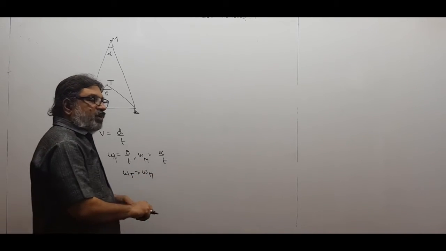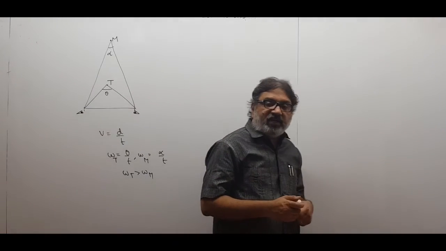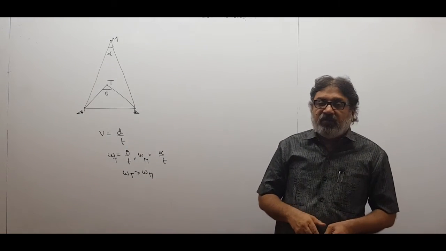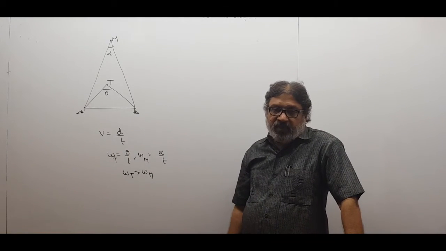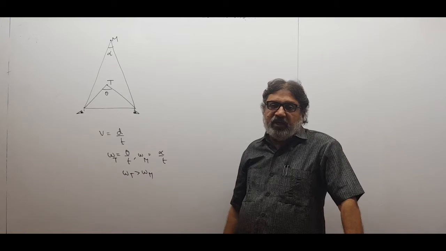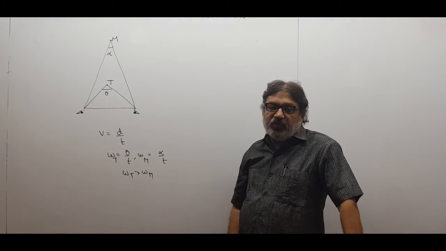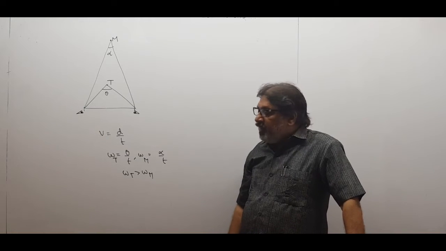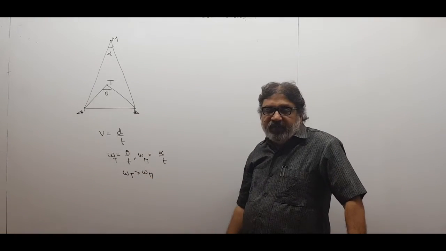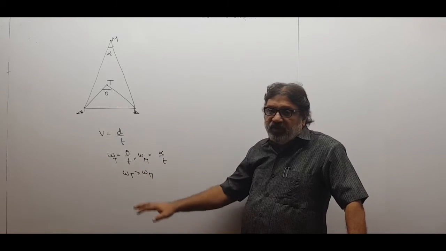So because the angular speed of the tree is more, it appears to be moving at a greater speed, and because the angular speed of the mountain is less, it appears to be moving very slowly. This is the point. And when you go to rotational motion, or even in laws of motion, we will be covering this point about angular speed in chapter number 5, laws of motion, the last articles of that chapter. There you will be introduced to the concept of angular velocity. There you will be able to understand better.